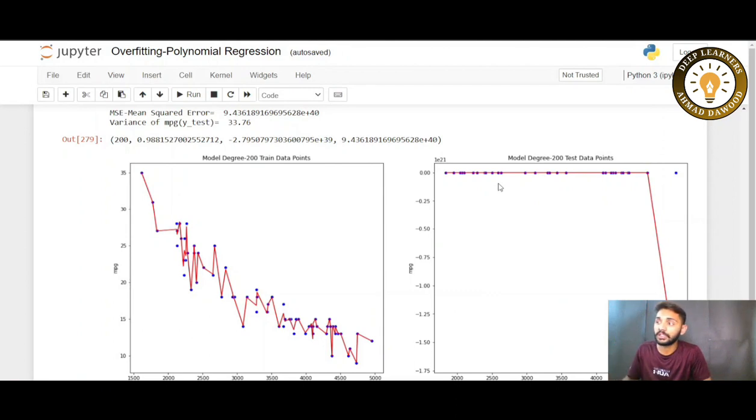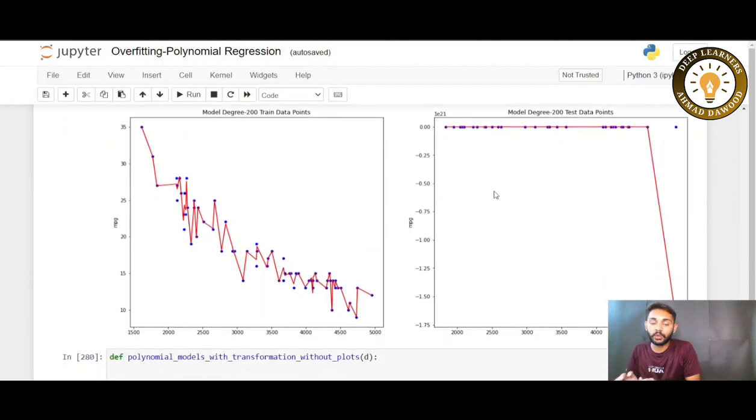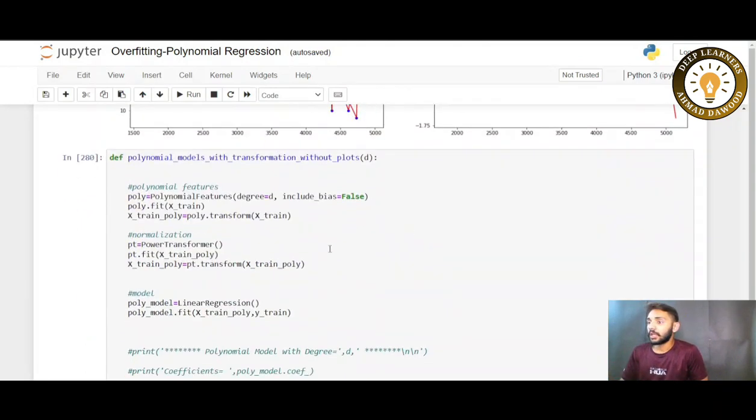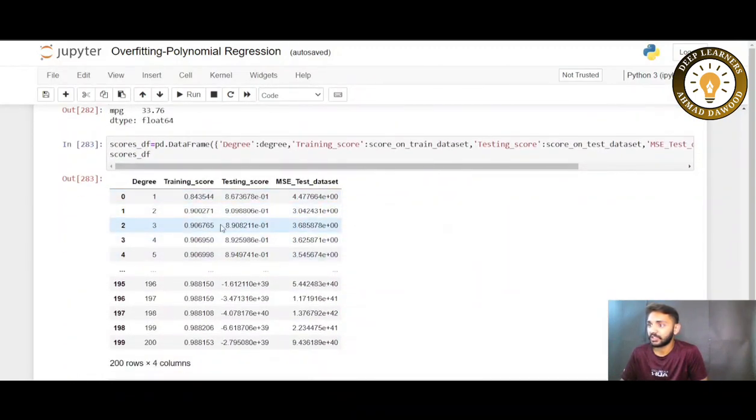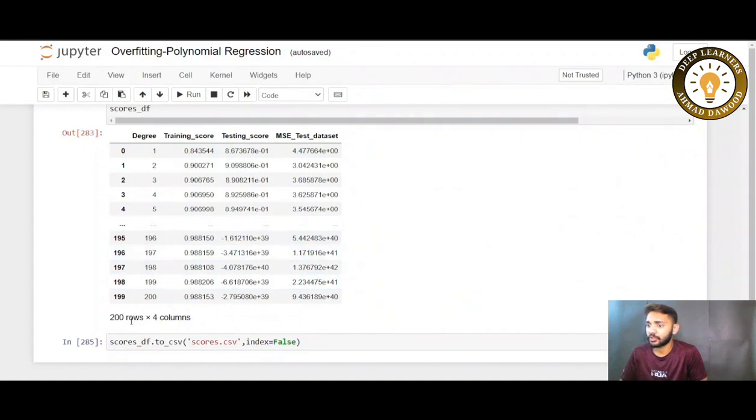As your model's complexity goes upward, your model becomes good on the training data points, or you can say your bias becomes low, but your variance becomes high. If you see the scores, I have the data points here. You can see the code by yourself. It's not a big deal. My aim is to explain the concept of how, by increasing the degree of the model, the